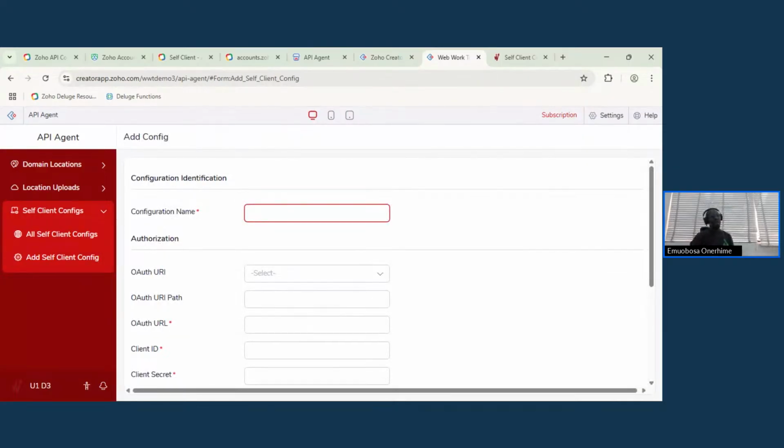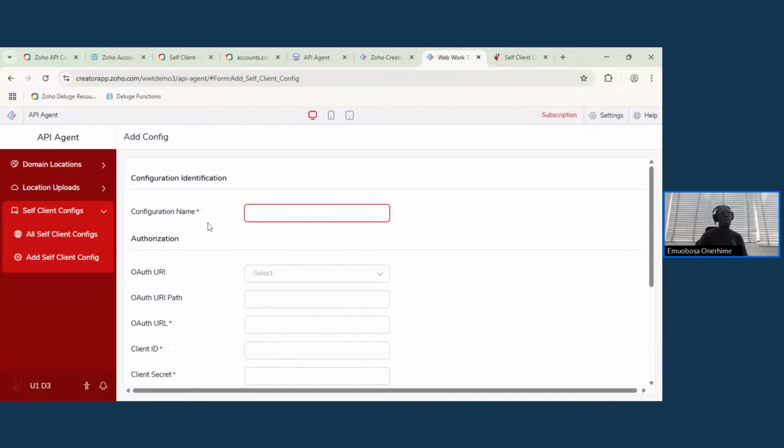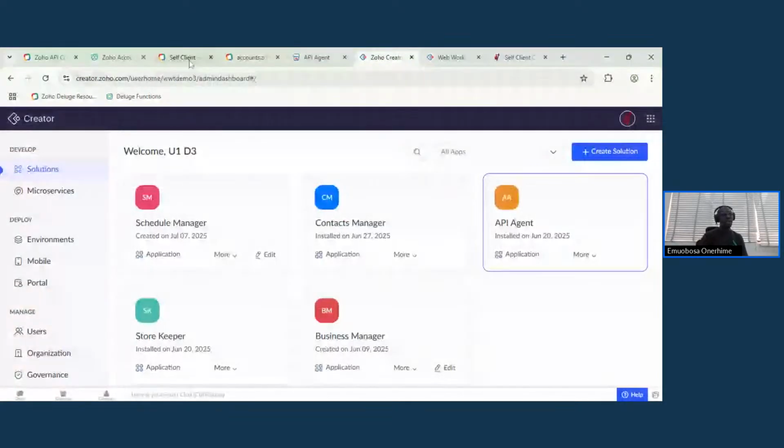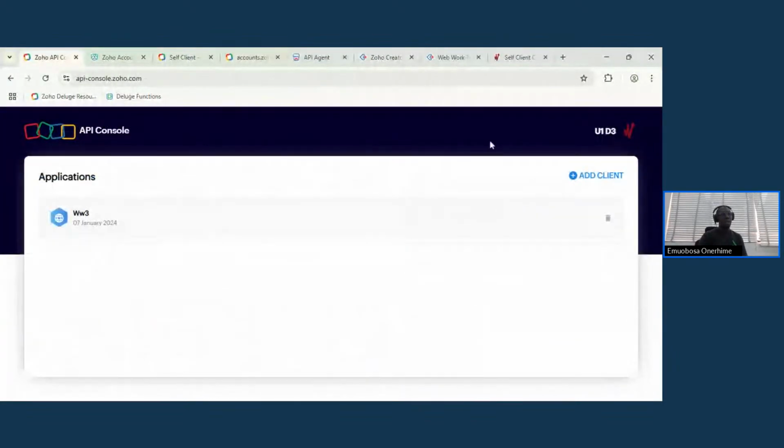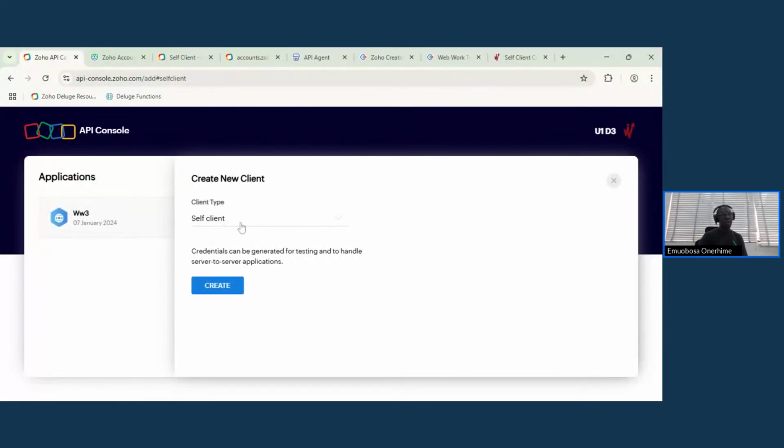So we're going to create a self-client config, but we're not going to give it all the... So I'm going to turn off my screen sharing at some point so that you don't get to see the client secret here. And you have to bear with me because that is also going to cause havoc in whatever we are doing here. So especially if somebody has access to our general client secret. Okay. Now I think that if you go to the API console here and you choose self-client,